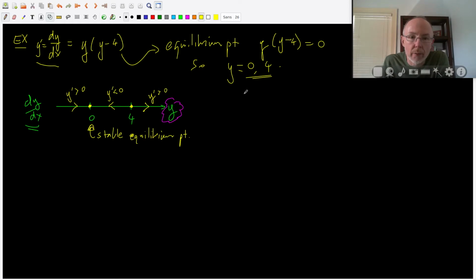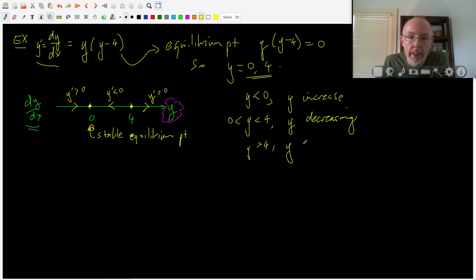In other words, another way of saying that is if y is less than 0, then y is increasing. If y is between 0 and 4, then y is decreasing. And if y is bigger than 4, then y again is increasing. I'm just listing it out in a different way. You obviously don't have to do it two different ways, but this list of things is exactly what this picture is representing. So I could start doing the picture, but before we do that, let's look at the second derivative,